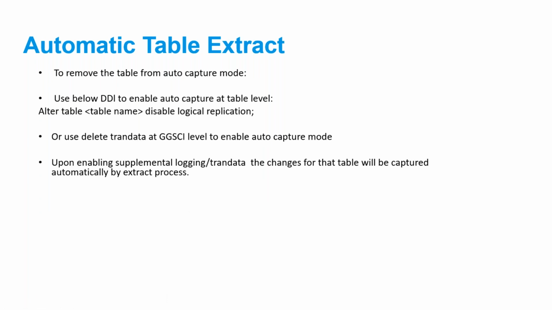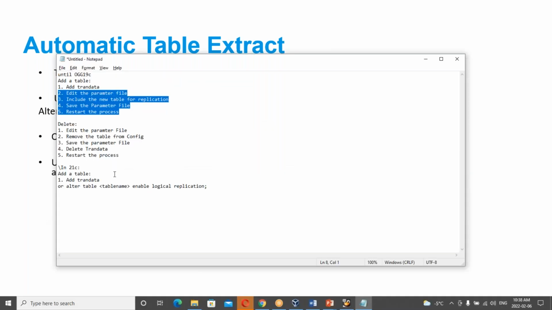To remove the table from auto capture mode, you have to use alter. So apart from that, one more parameter and add. So in 21c, to add a table, you have to do this. And the second thing is edit extract